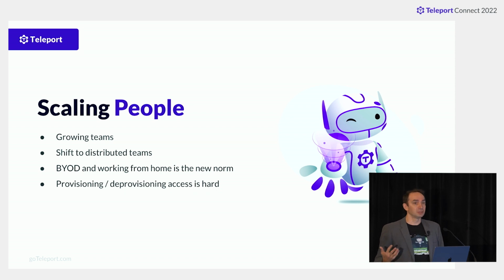But your organization is also scaling. You have interns, you have external contractors, you have different levels of engineers, you have a dedicated security team. People join and leave the organization almost on a daily basis. Everyone is working from home now. Everyone is using their own devices. So access needs to evolve, and access needs to scale as your peopleware scales.